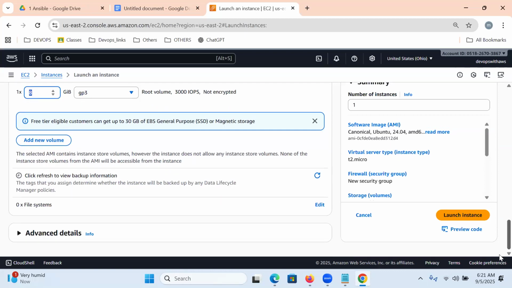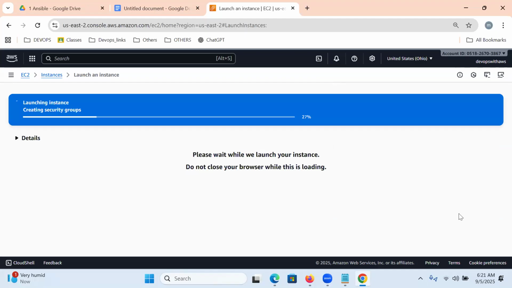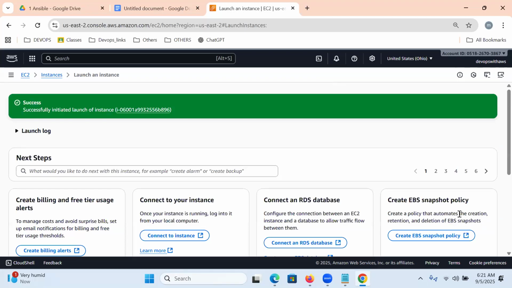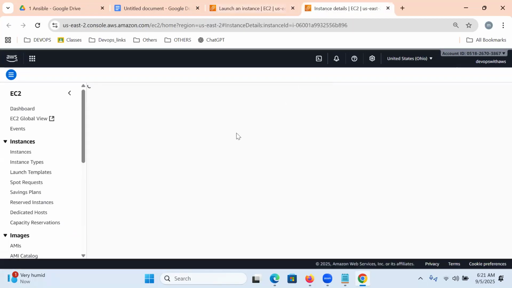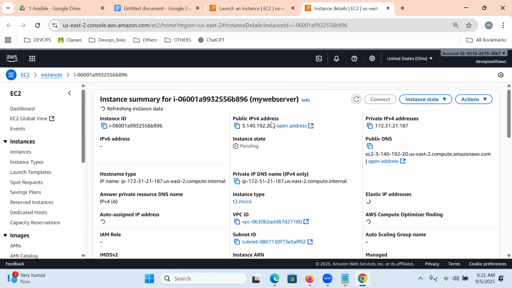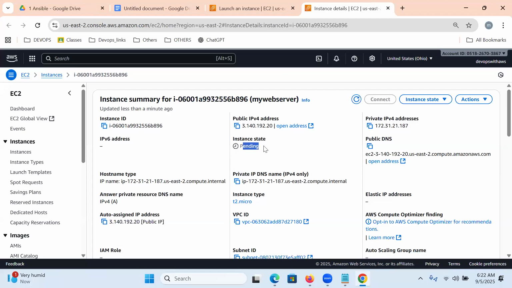Scroll down and click on launch instances. Has our instance been successfully created or not? Is my server successfully created or not? Once it is successfully created, then we can get into the server.